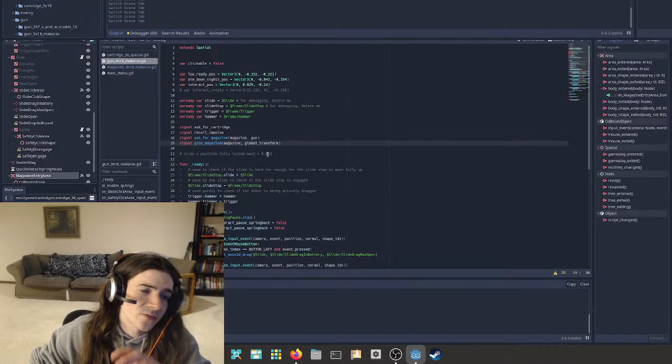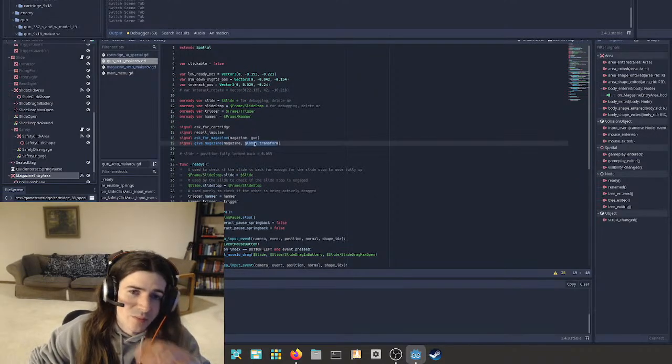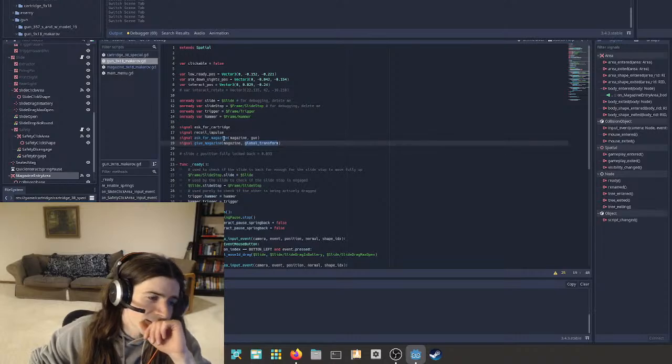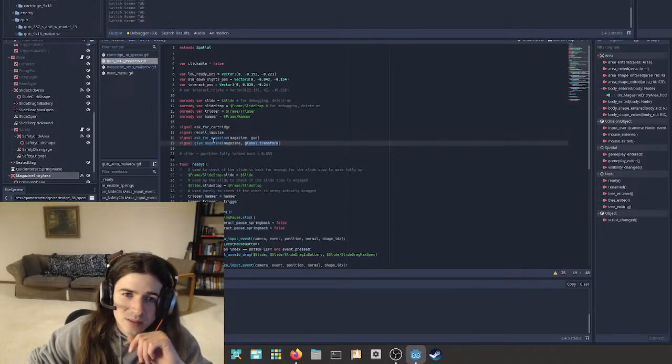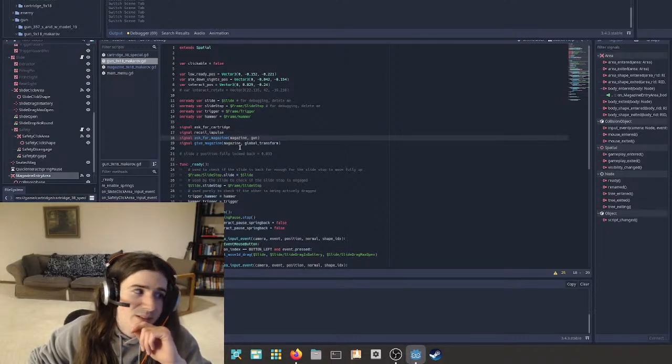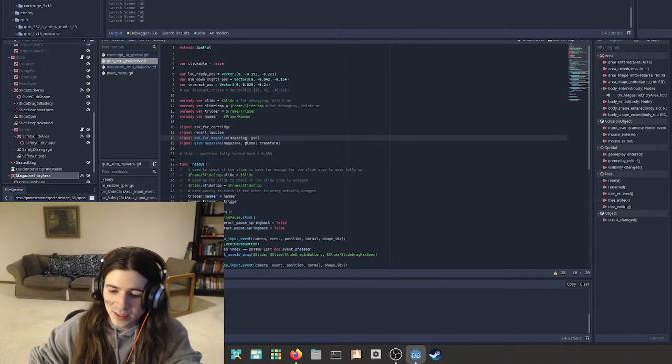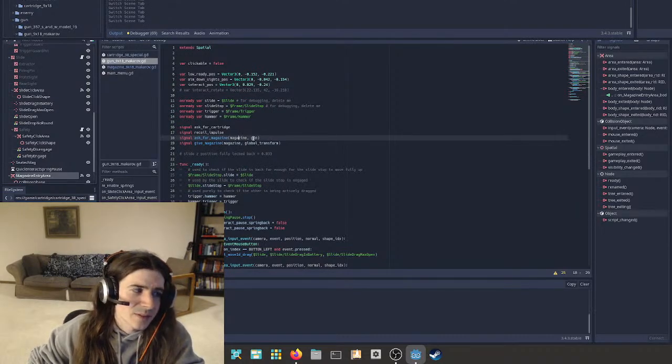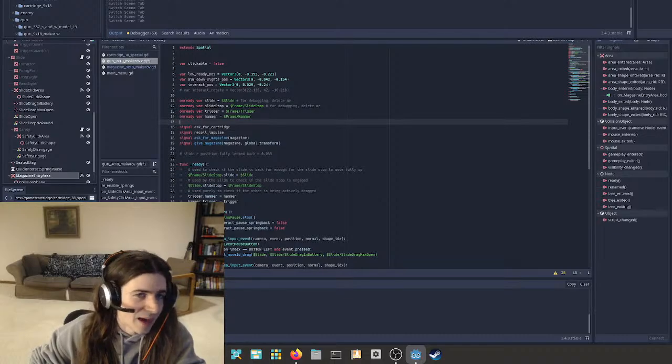Right, so global transform is the transform of this node. So this is the position of the pistol, or whatever. Correct. So that's all good. So ask for magazine, and I'm pretty sure this is right. Now there only is ever going to be one gun, well, for now. So we don't need to pass that, or we shouldn't need to.